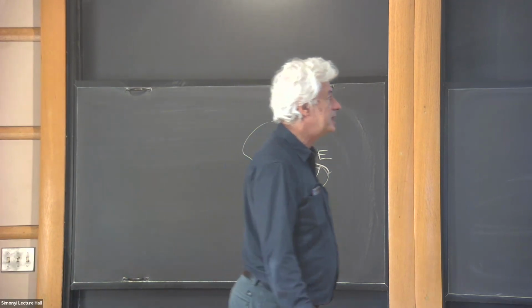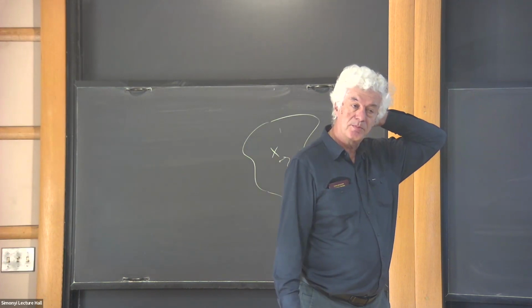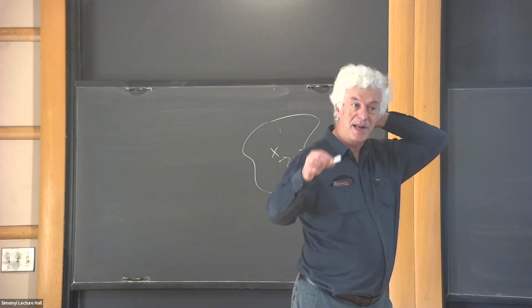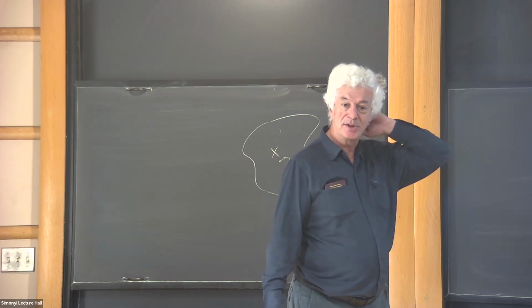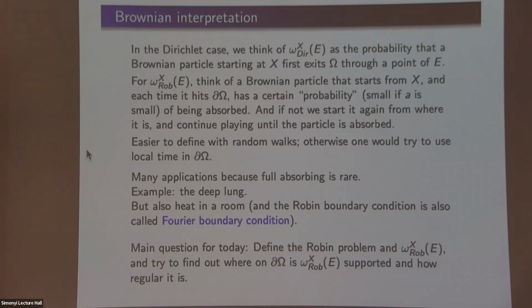Okay, and I'm cheating a little bit, because if I were saying things like this, it would be false. When I'm at the boundary, the chances of hitting the same place at the boundary are enormous. So either you decide that you do random walks and then make an analog, or otherwise you'd have to study local time of Brownian motion at the boundary, which you do as you like, but I'm afraid of doing that.